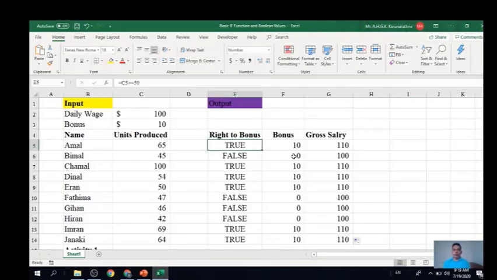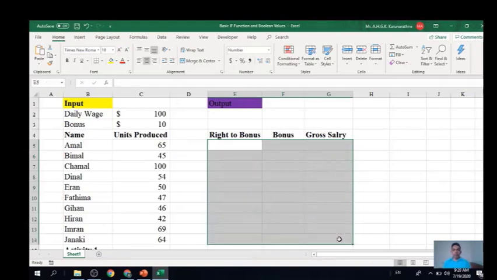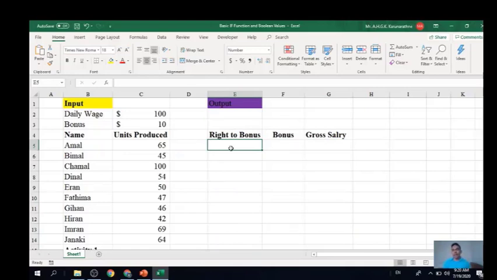I have developed a simple model so that with this simple model you can see how these Boolean operators can be applied. Let's try the equal sign. Let's say we want to test whether this employee's outcome. I'll give an introduction about the nature of these inputs. In this input area, you have been given the employee's daily wage rate. Let's say the employee's daily basic wage rate is $100 and a bonus is $10.